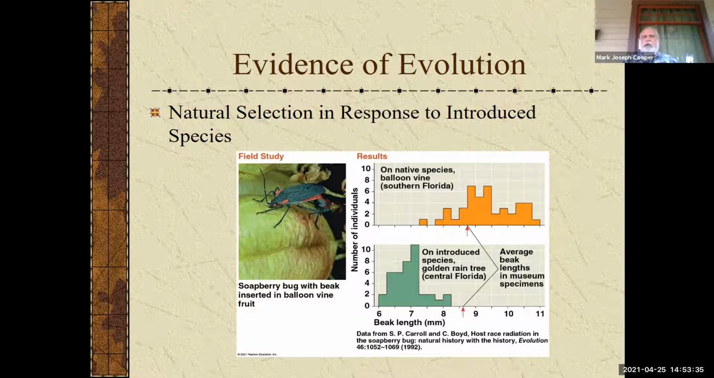Things adapt, things change, and so here we have a soapberry bug, and what you can see is its beak, its little nose has to be long enough to get through the skin and toward the seed in the middle to get nutrients. And what has happened is there has been a balloon vine fruit that has been introduced, and what you see then is for it to use that, there has been a shift in beak length. And again, this is evidence of evolution, that changes have occurred to deal with new food